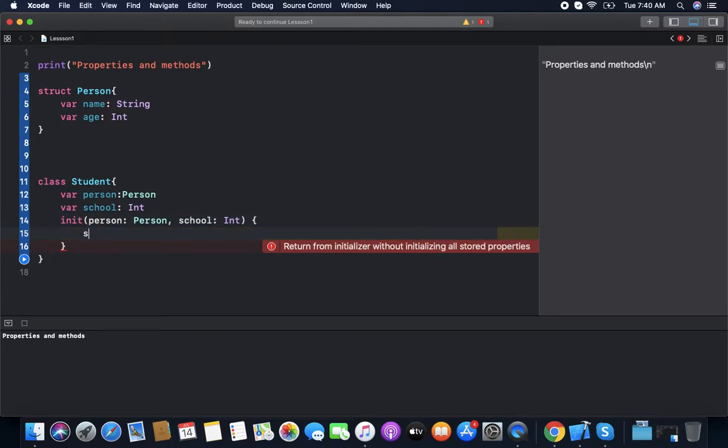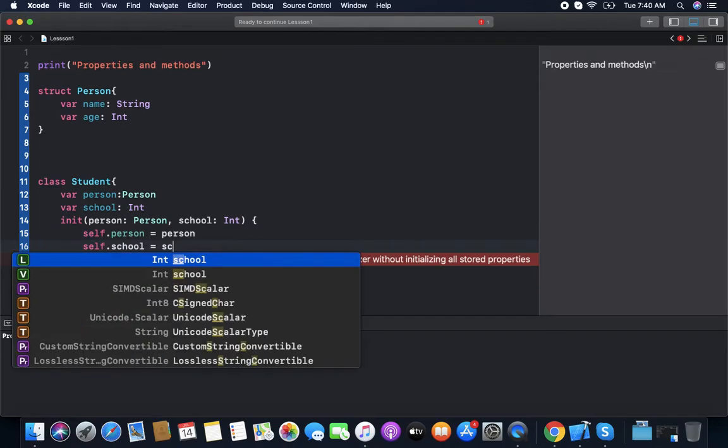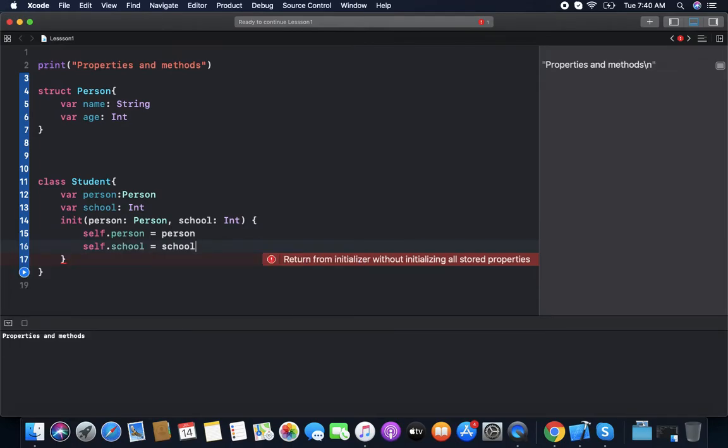We assign it using the self keyword: self.school equals school. So now we have a structure Person and a class Student.